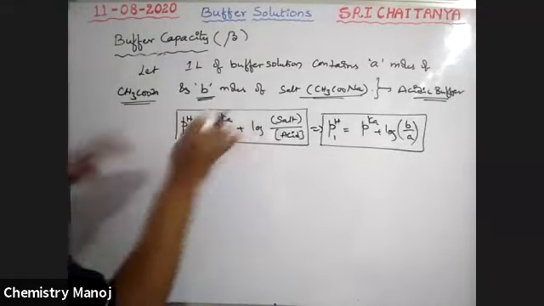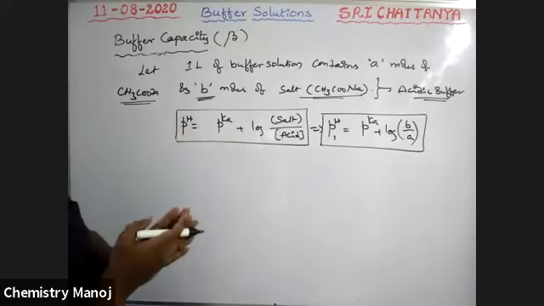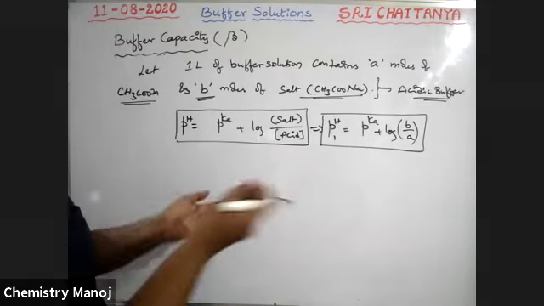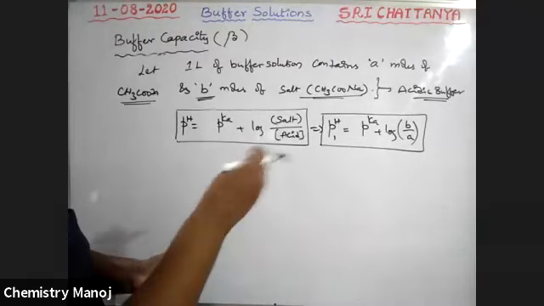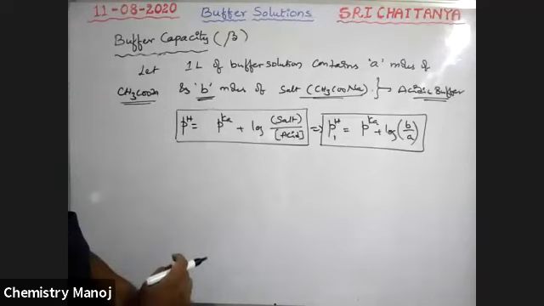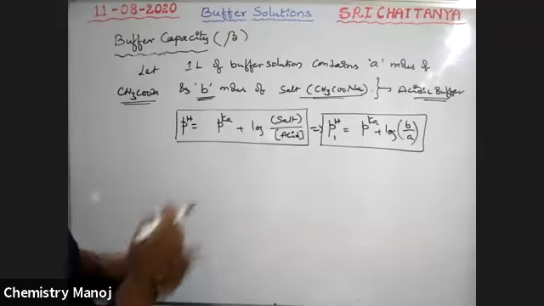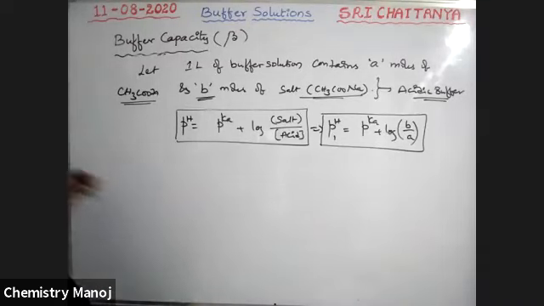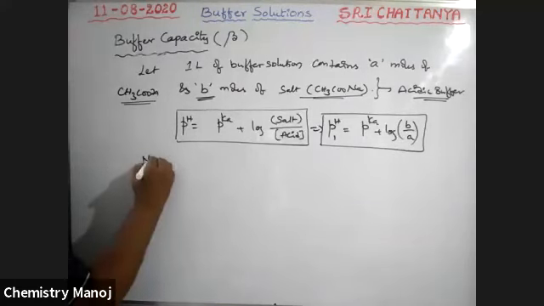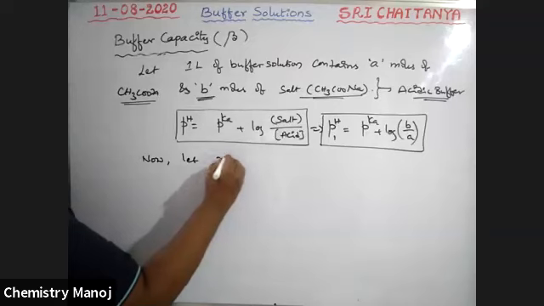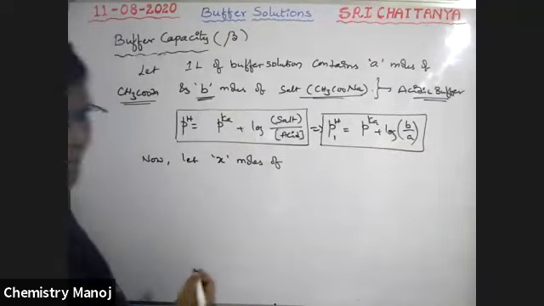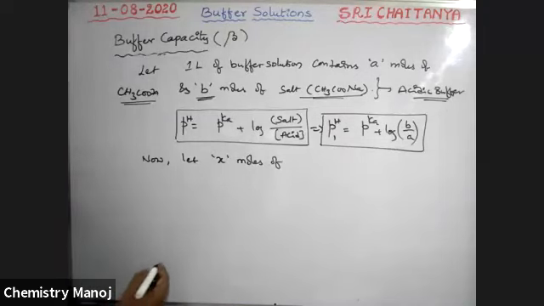Okay. Now to this, some acid is added. As acid is added, the acidic nature of the solution increases. Because it is a buffer, for a little amount the pH value is not changed, but as more and more is added, no doubt the pH will change. That is, the change is a decrease in pH, because as acidic nature increases, pH decreases. Therefore, for this new pH, let X moles of HCl be added.